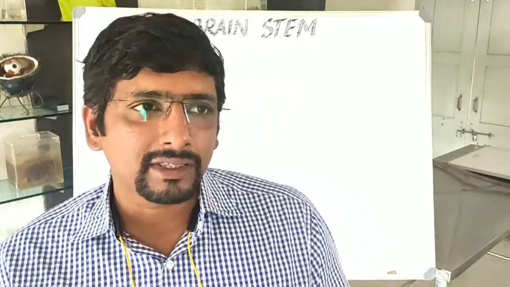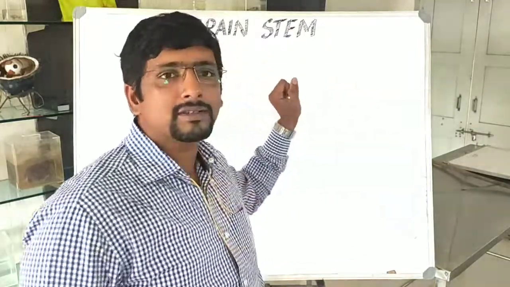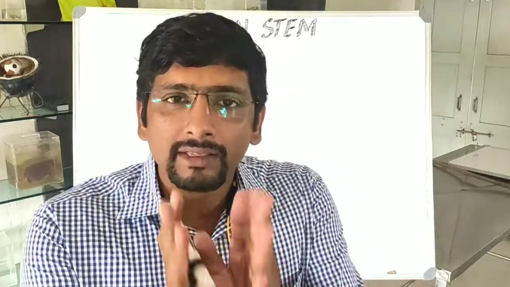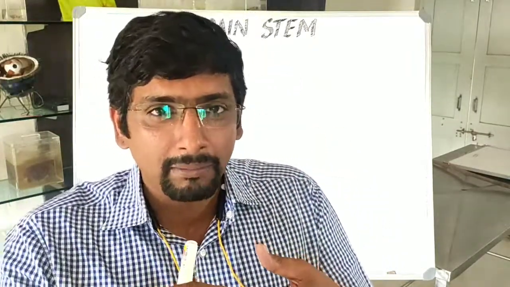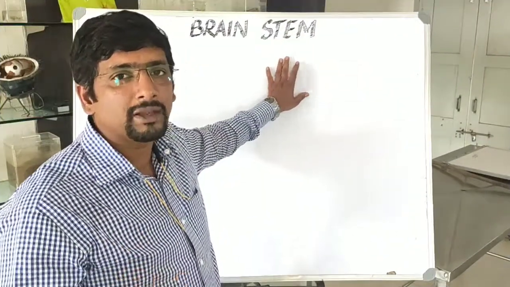Today we are going to start with a new topic, the brainstem: basic understanding and basic concepts of the brainstem first. Later we are going to study each and every part in detail. What is the brainstem? The brainstem is a structure in the CNS which connects the spinal cord to the brain on the upper side, with the cerebellum behind. The brainstem consists of three parts: